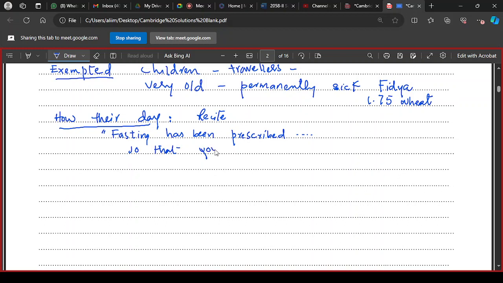So that you may learn self restraint, self control, taqwa and piety. This is the particular objective of the Ramzan fast. Fasting is that worship about which Allah himself has mentioned. There is a hadith: fasting is for me and I shall certainly compensate it. So it is one of the religious duties that Muslims observe fast.